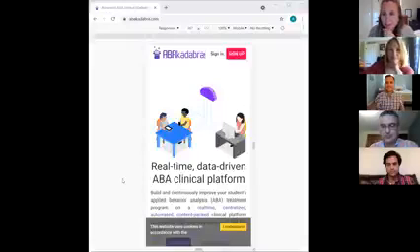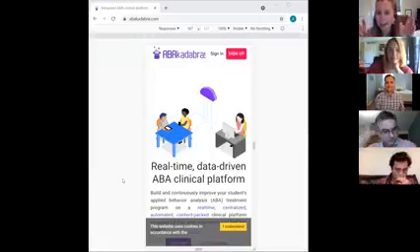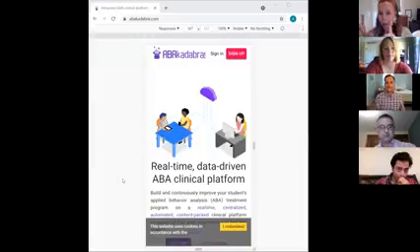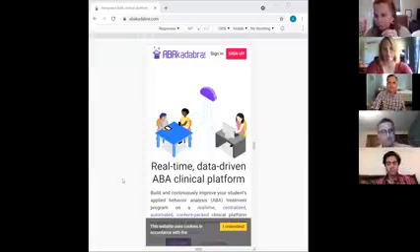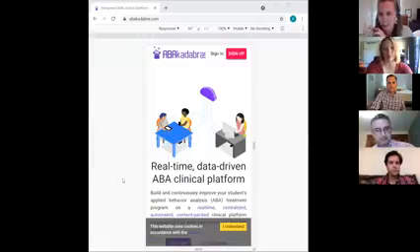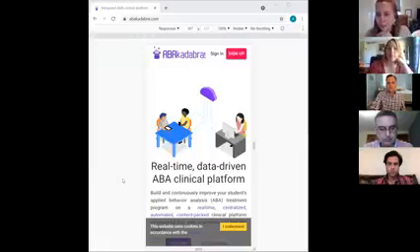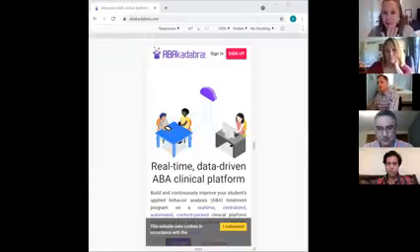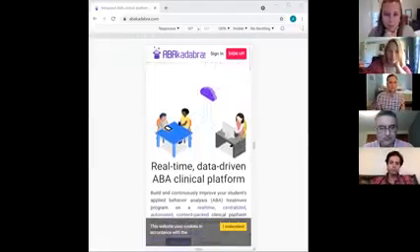Okay, great. So you should be able to see my browser, and on that browser is the homepage for ABAKadabra, and it is the view of a phone. This is going to be the view or the display that I'll use throughout the presentation, because more often than not, we're probably not on our computers while working with students and collecting data. We're probably on a device of some sort. So I'm going to be taking you through the demo, kind of using the display of a phone or of